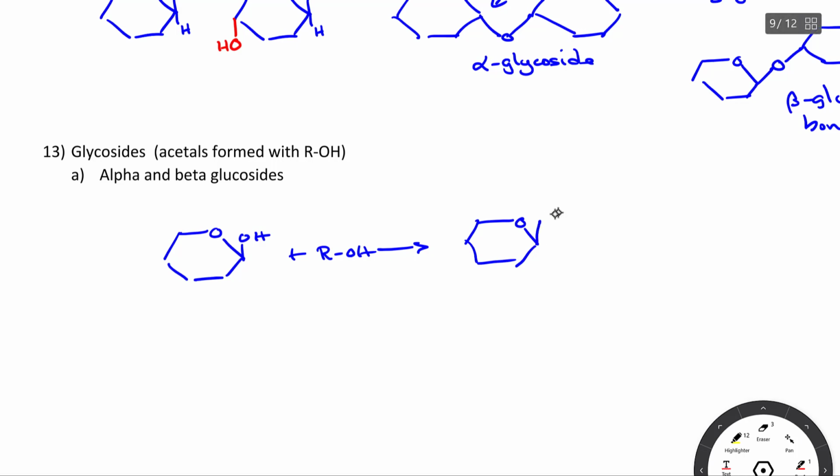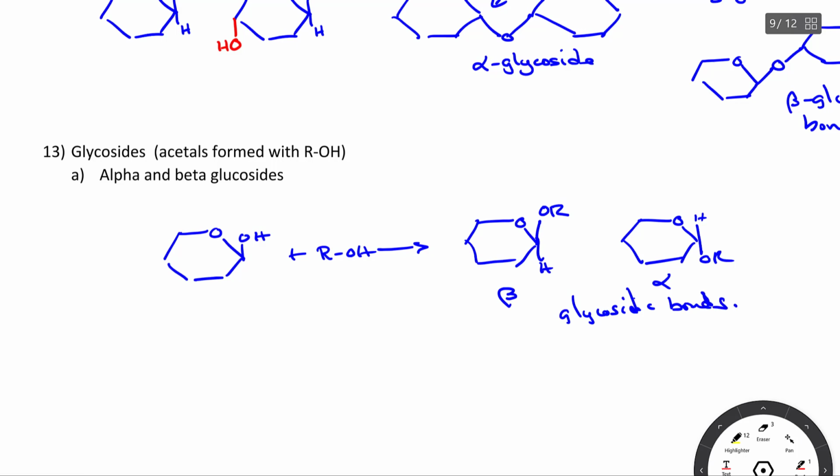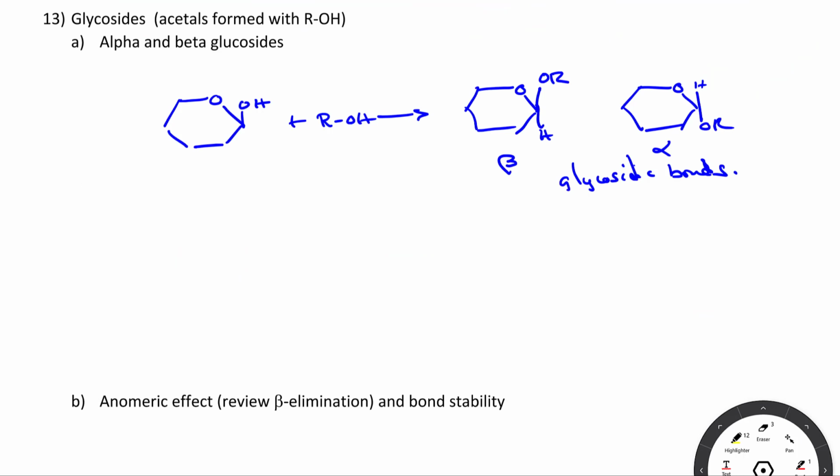So this would be O and then R. That would be the beta glycosidic bond. And you can also have this. I guess you just draw the other line there. These are H's, like that. So this would be beta, and this would be alpha glycosidic bonds. And these two structures are known as anomers of each other. So they're anomeric forms,